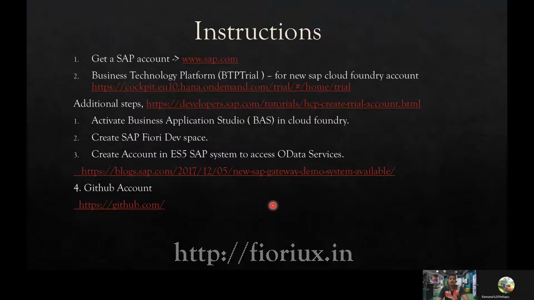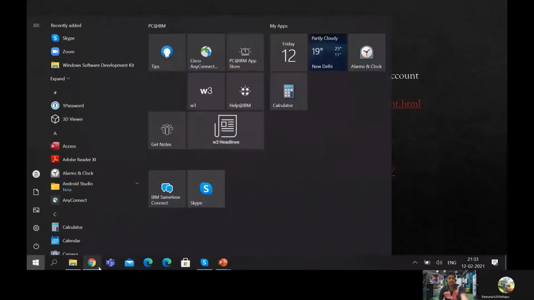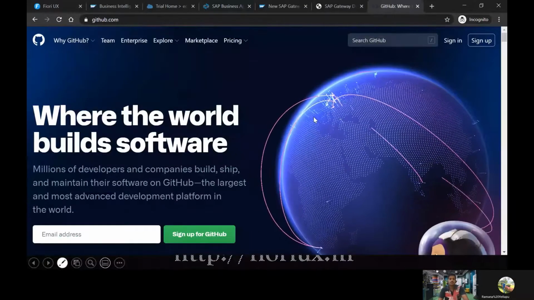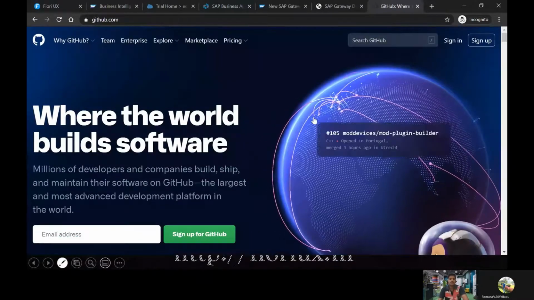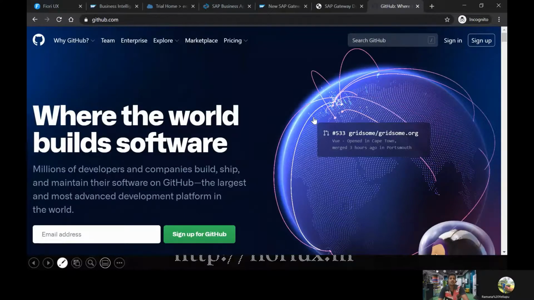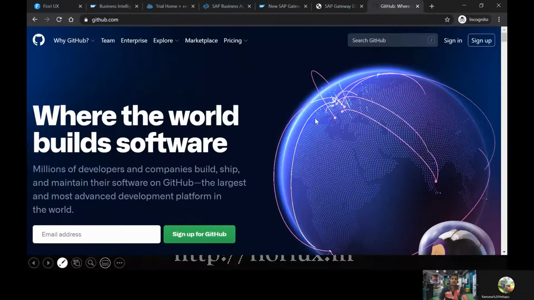Now we have successfully got access to Business Application Studio as well as the backend ES5 demo system. There is one more option which is very useful for our further development, that is a GitHub account. Go to github.com and get yourself an account on GitHub. GitHub allows us to store all our repositories at a remote place. So as you have each and every project, if you would like to store it in some remote place, even after the 365 days of validity expire, we can have all our repositories available on GitHub. So that is the advantage of linking our